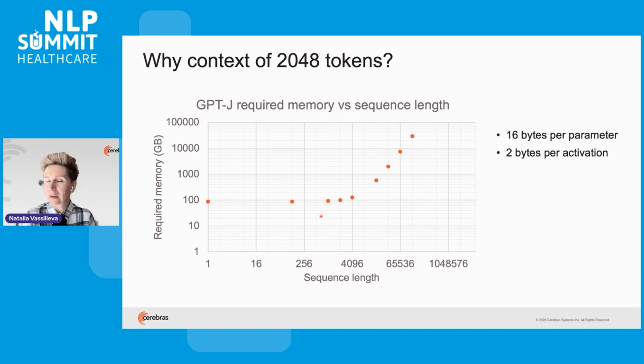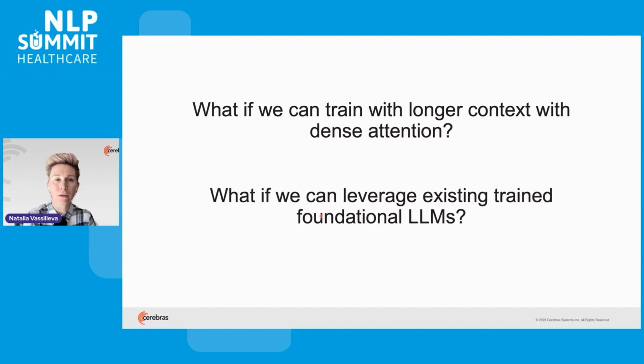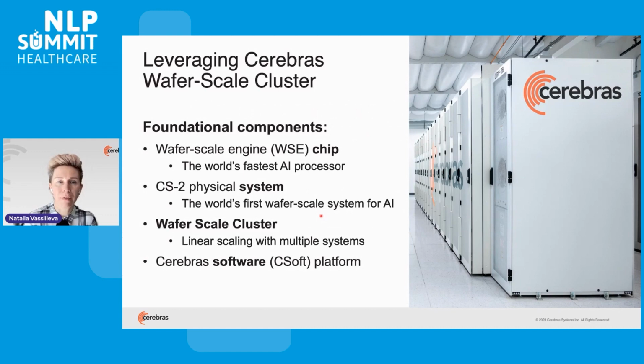And also training with longer sequences is typically expensive. But what if we can train with longer context, with dense attention, and take advantage of the ability of all the tokens to attend to the whole context? And also, what if we can leverage existing trained foundational models and essentially fine-tune them with a longer context? It's challenging to do so on GPUs today, but at Cerebras, we are lucky to have access to our hardware, to the Cerebras Wafer-Scale cluster. In this work, we leverage Wafer-Scale clusters, which rely on the world's largest and fastest AI